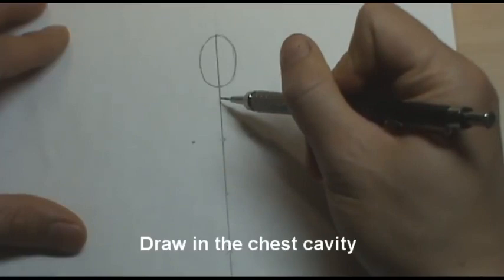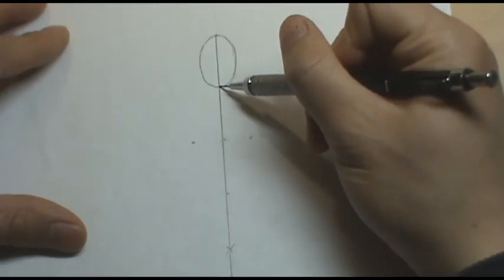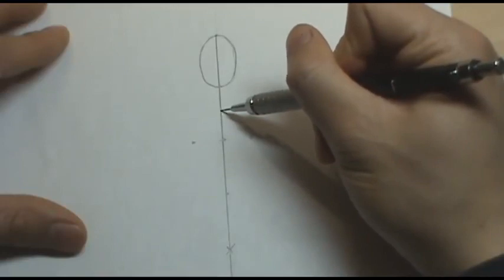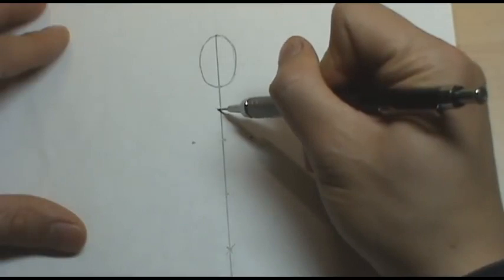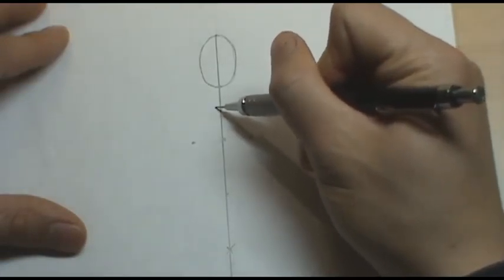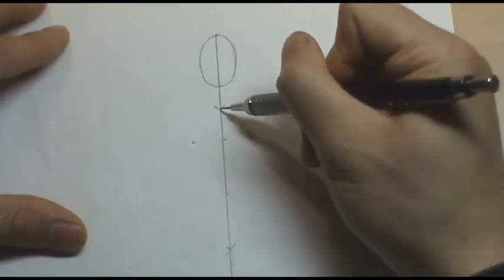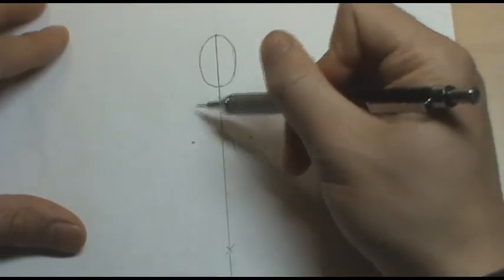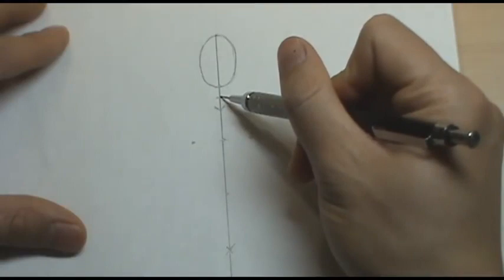Okay, so now we're going to draw in the chest cavity. To do that, take the bottom of the chin and the pectoral and find the midpoint between those two. Put a dot there and draw in a small V. This will represent the clavicle or the collarbone. And then between the chin and the clavicle, find the midpoint once again, and this point will be the beginning of the chest cavity. So the chest cavity will be basically a bigger oval that begins from this point to